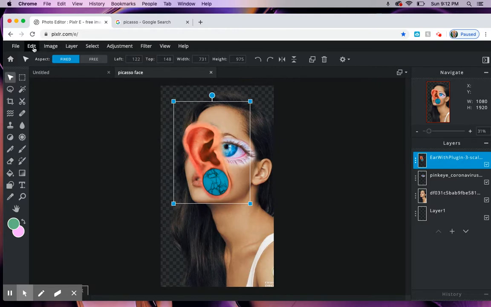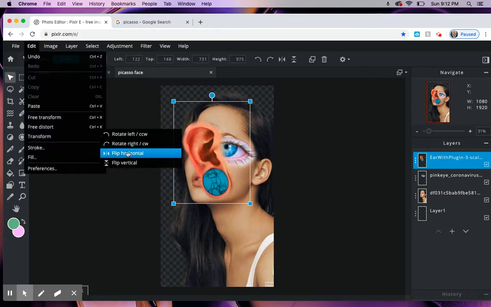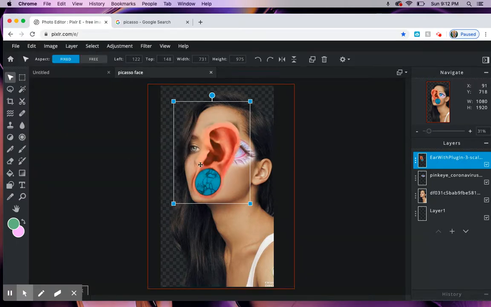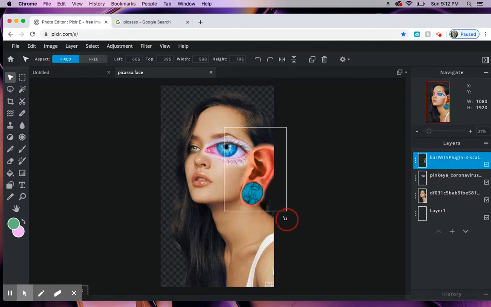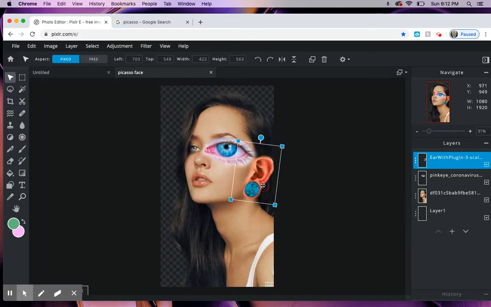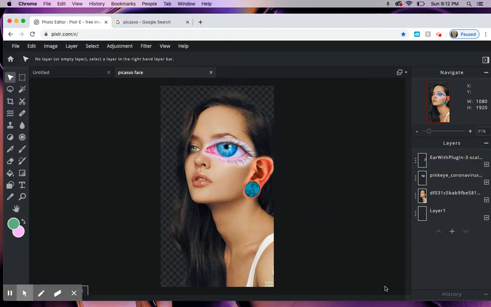So, to flip it: edit, transform, flip horizontal, like so. Stick that there. Rotate it. Okay. All right. So,